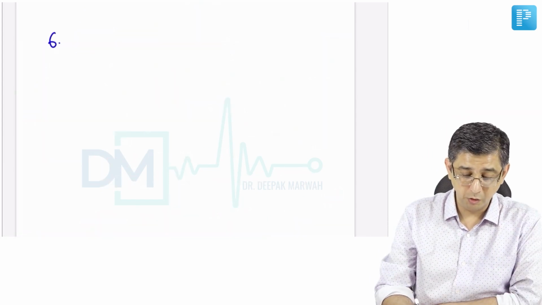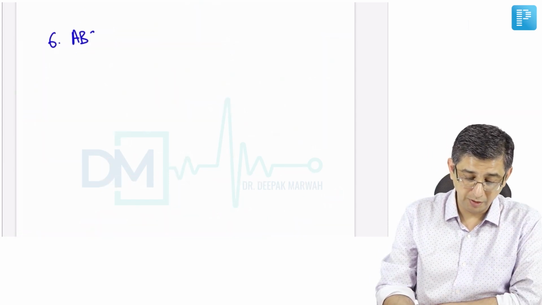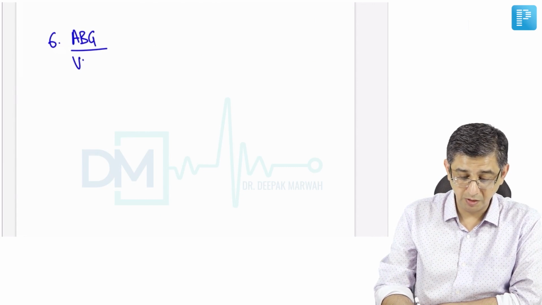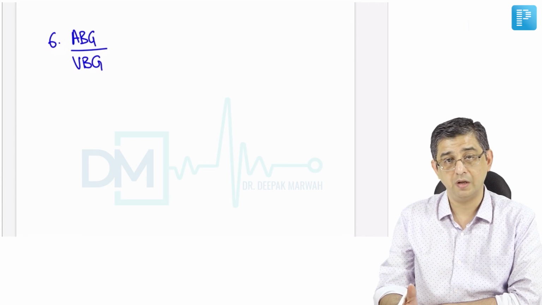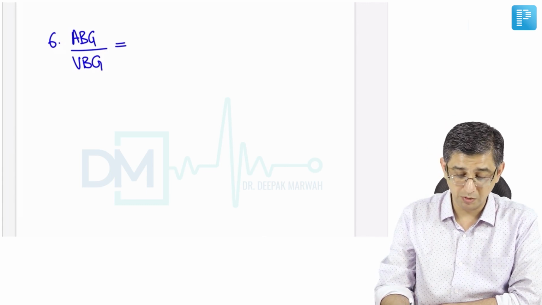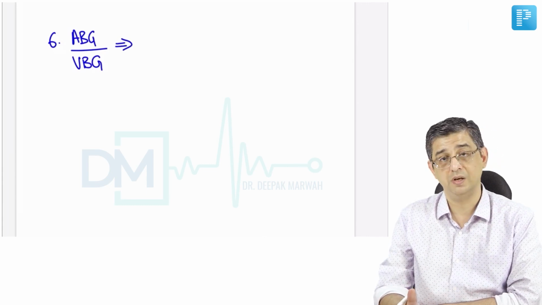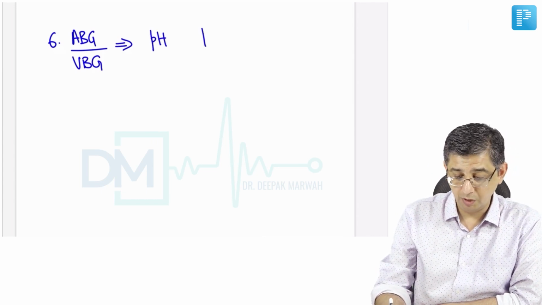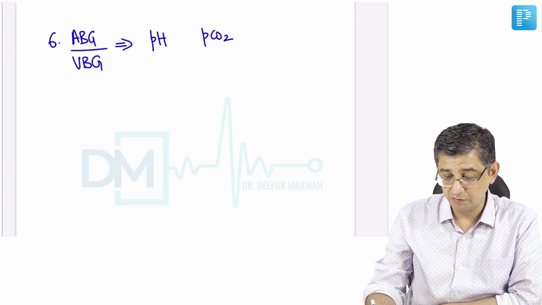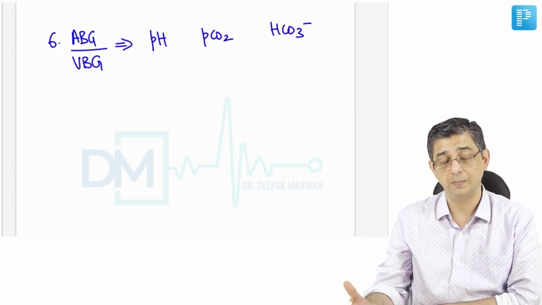The next investigation to be done in the patient will be an arterial blood gas analysis. He has mentioned that if an arterial sample is not available for any reason, don't press for it, because the diagnosis can be made on the basis of venous blood gas analysis as well. The acidosis of these patients will be so pronounced that you will be able to identify the disease even with VBG, that is venous blood gas analysis, and let's look at how the report will come.